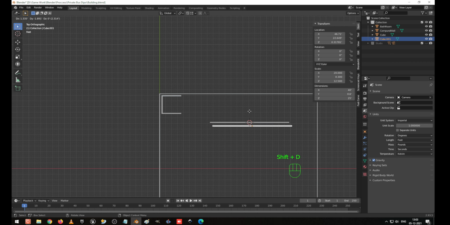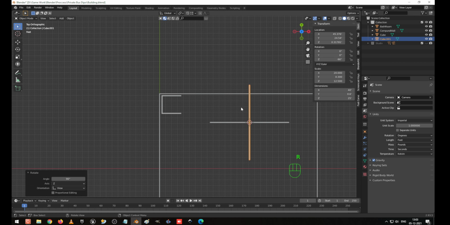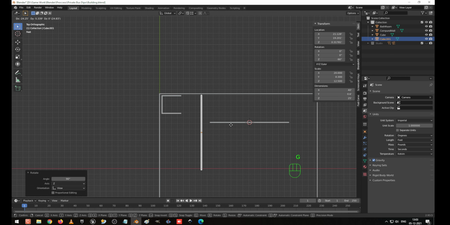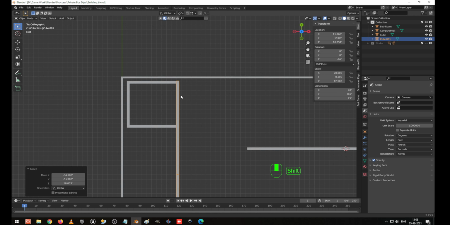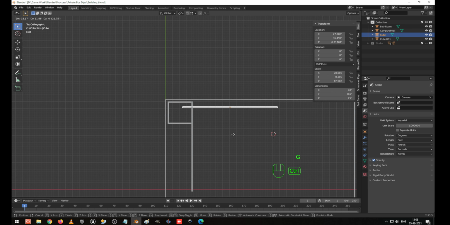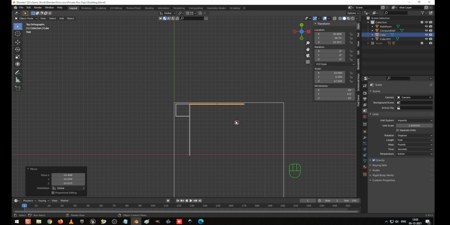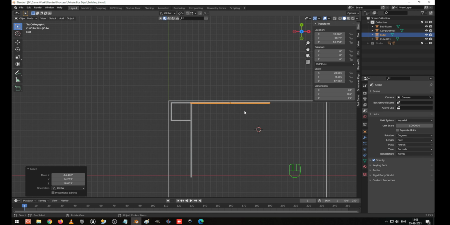Okay. Shift D to duplicate, right click to cancel, rotate it and press the Control key. Please be on the top view. This is the way we are going to design, and G to move. So 40 by 40 in X. Okay, Y is 40, we can make it a little bit more.